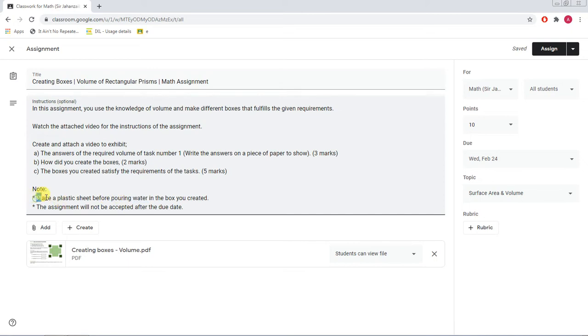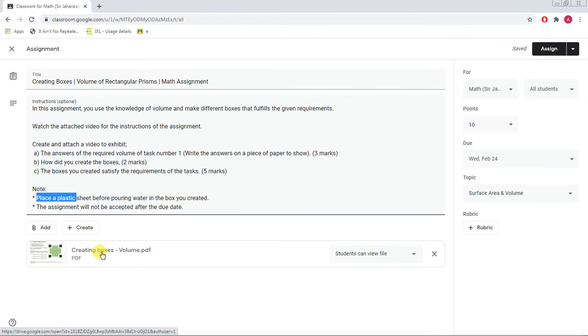So first place a plastic sheet, you can take any shopper or anything, and then pour water in it, so it will not tear and nothing will happen to your box. So while recording the video, first place a plastic, then pour water, and show that your box fulfills the requirement, whatever requirement I will discuss in a minute.